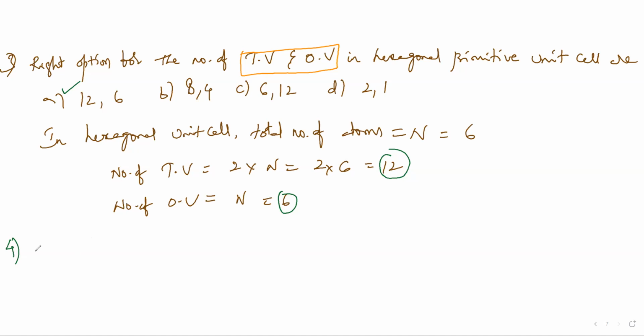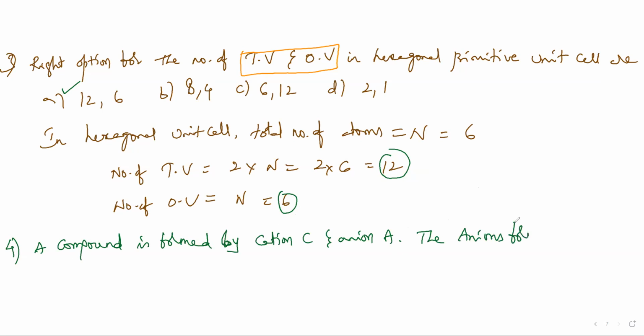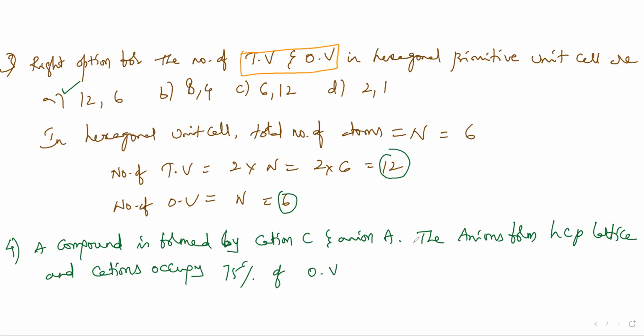A compound is formed by cation C and anion A. The anions form hexagonal close packing lattice, and the cations occupy 75% of octahedral voids. The formula of the compound is